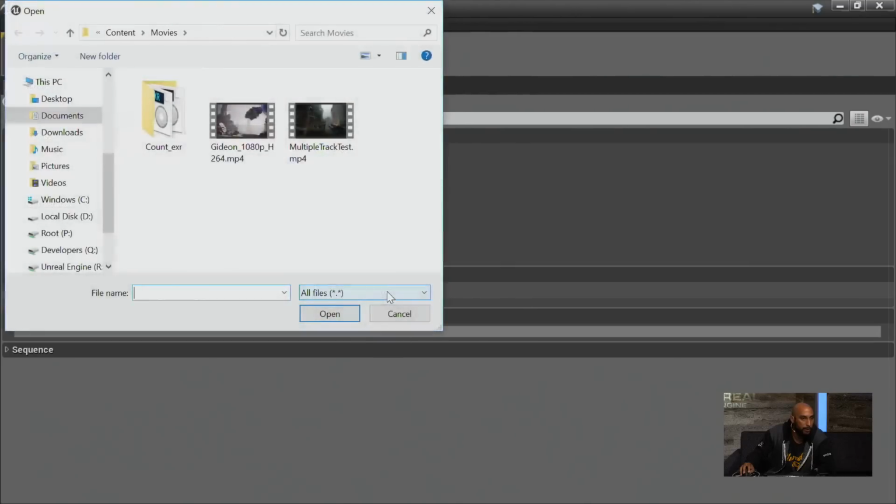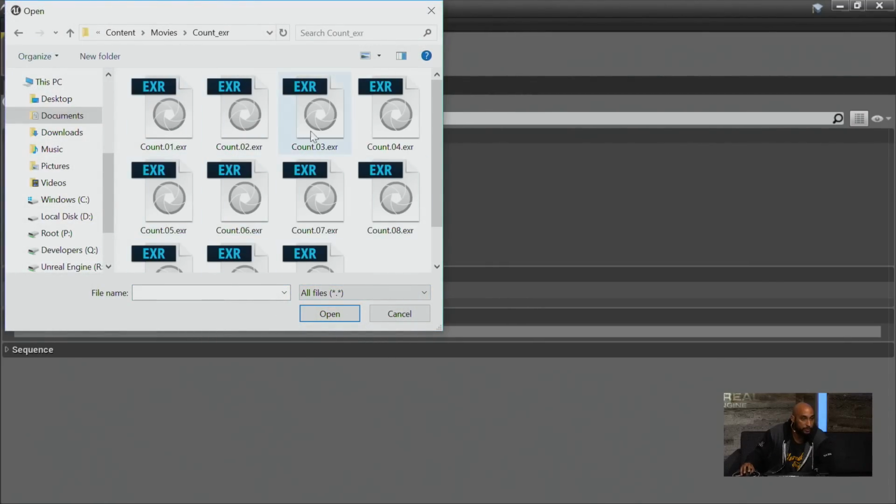So if I click browse, I open up a path. We have a bunch of EXR images here. Right now, this only supports EXR in 4.18. Additional file formats may not make it into 4.18, but I believe the tooltip even says that we're planning to support more in the future. But right now, EXR format, which is the most common, as well as PNG, you can point to your EXR